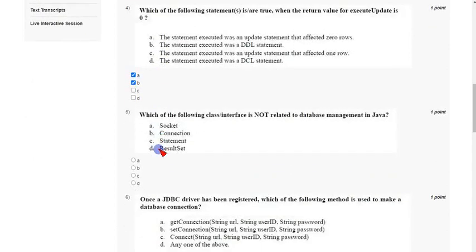And coming to the fifth question, which of the following class or interface is not related to database management in Java?